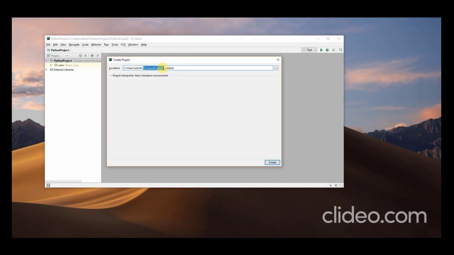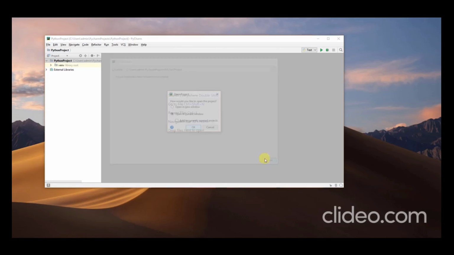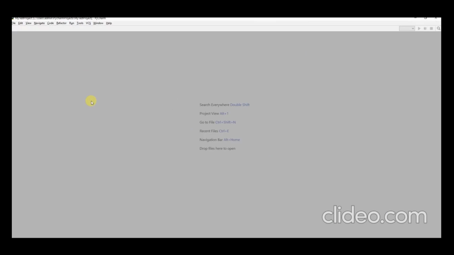Now here I'm going to give a new project name. Let's say my test project. Right, so this is the name of the project. Now click on create. As soon as the project is created, it will appear in the tree. So let it take some time. Okay, now the new project is created here: my test project. Under this project, I can create all our Python files.